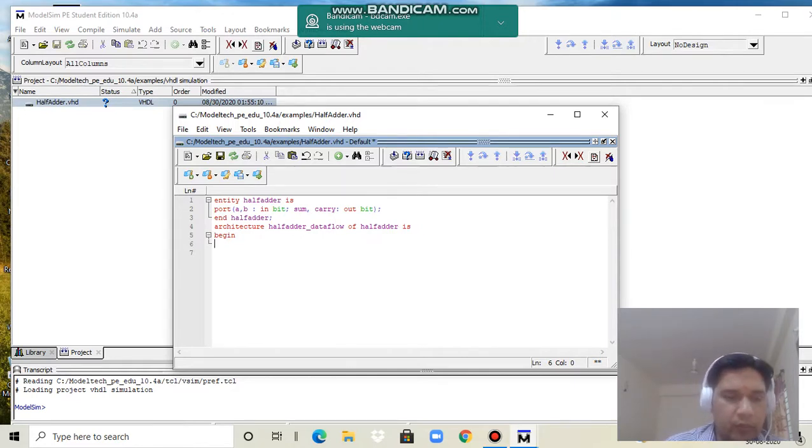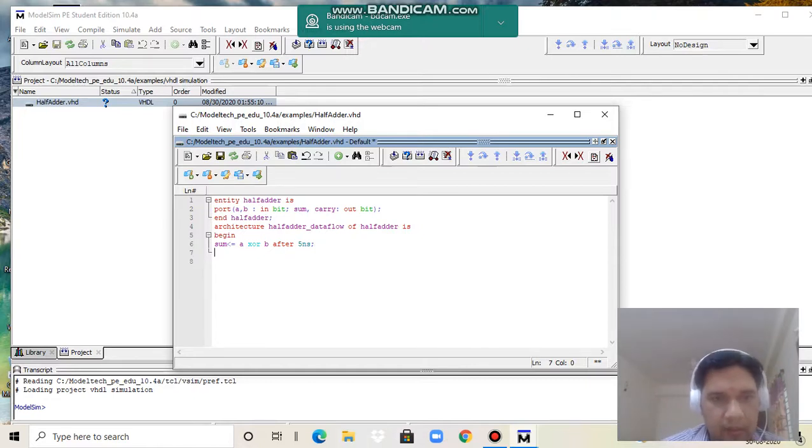For the first output, sum, I declare it this way because sum is a function implemented with the help of XORing of the two inputs. So I write here A XOR B after 5 nanoseconds. It means it will give the result of sum after 5 nanoseconds. Then we declare the carry.